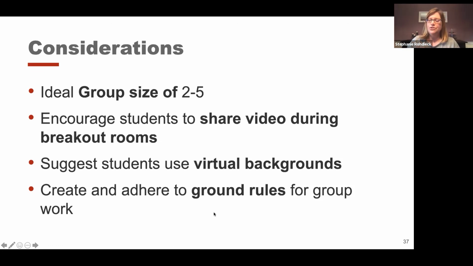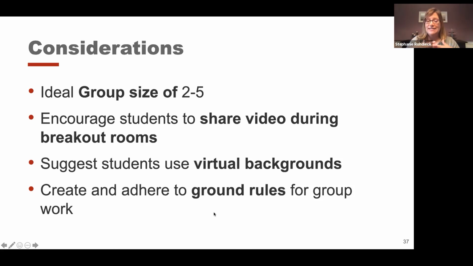When you're doing a synchronous Zoom session with your students, you don't have to have your students share their video. We would like to see your face, so I hope I keep them anyway. I have you guys on my right, but you can move it around. I can't see them all when I'm sharing my screen. So it's not as important to me to have us share our videos during the big session, but it's really helpful, when they're in the small groups, to ask your students to share their videos during the breakout room so they can see each other. That's kind of the best practice that's been out there.